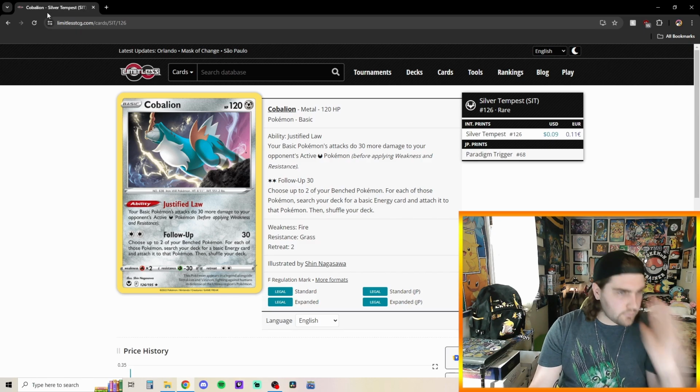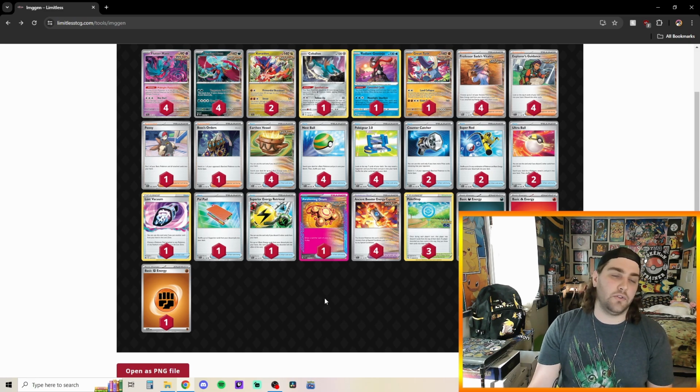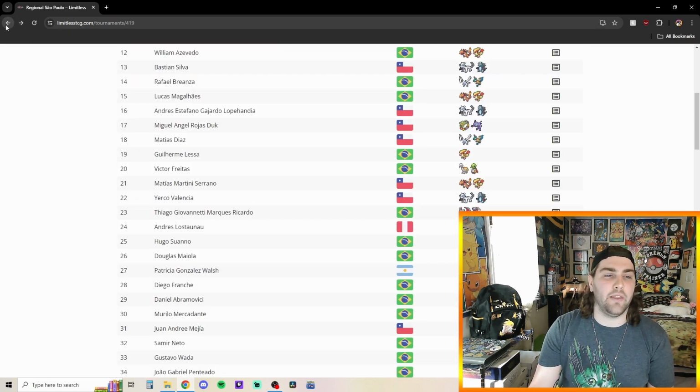So, definitely pretty cool to see people using Cobalion to deal with Charizard. It's unfortunate that we have to use Cobalion to deal with Charizard, but sometimes you gotta do what you gotta do to work your way around in the meta here. So pretty cool seeing an Ancient Box showing up. I like the Flutter Mane 4 copies. Hexcrawl I think is a really cool attack. Got another